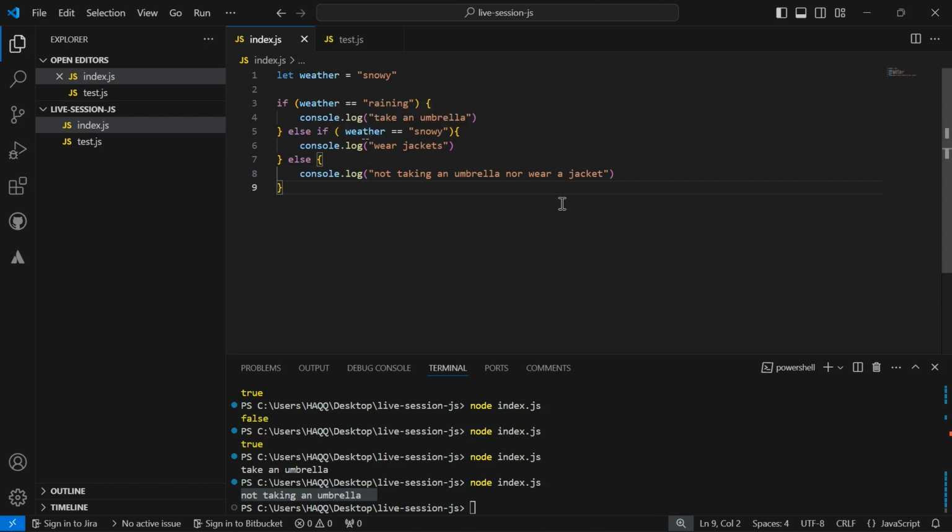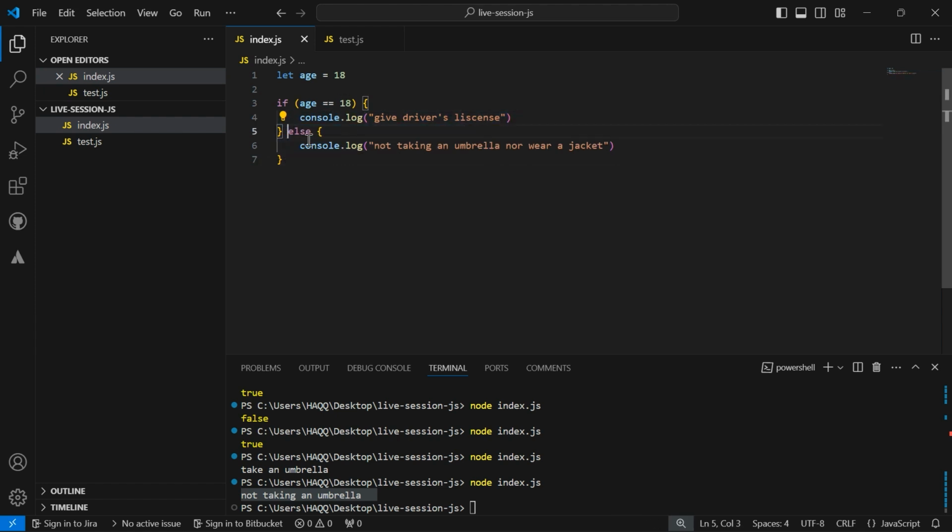Now, you can have this for, let's say, any other scenario also. So let's say let age be equal to 18. So we say if age is 18, so number 18 in this case, then we want to give driver's license. Then here we would say else. So that means if the person is not 18,